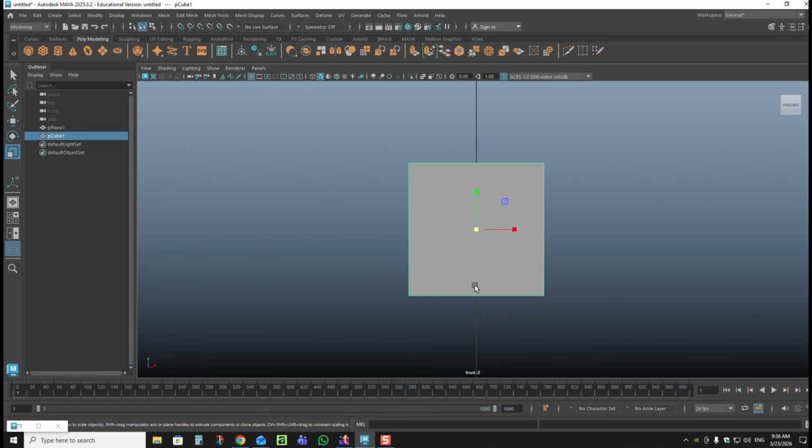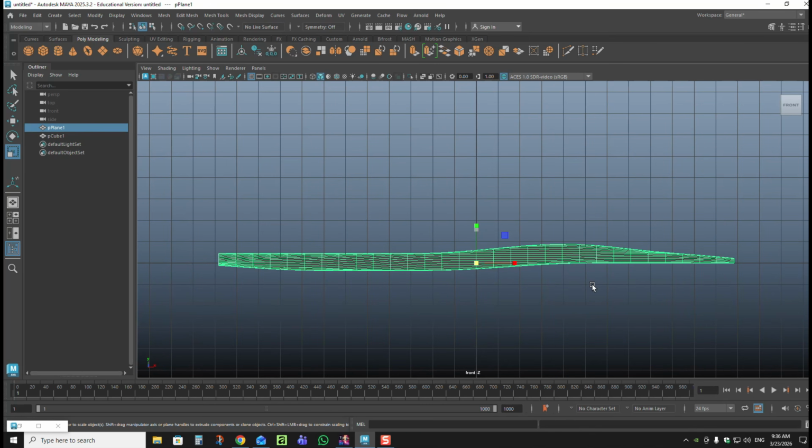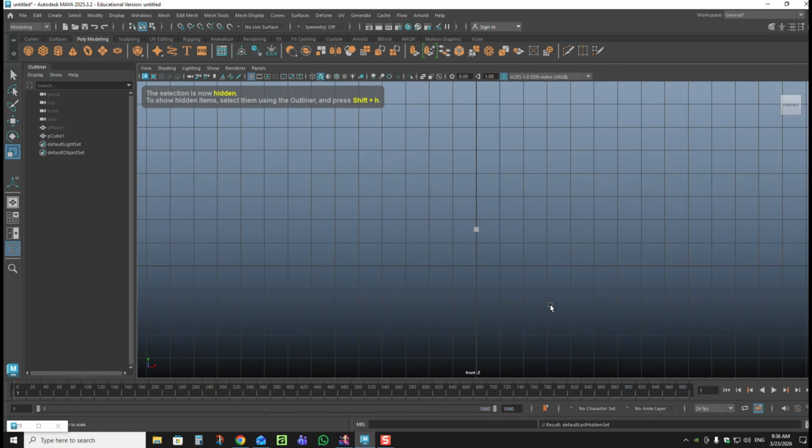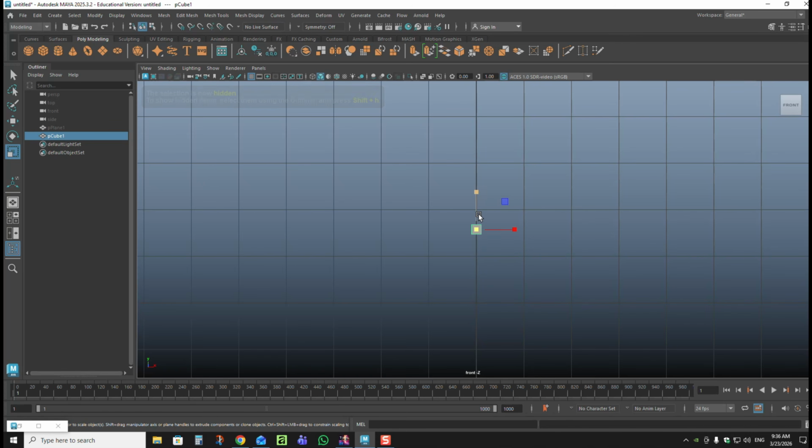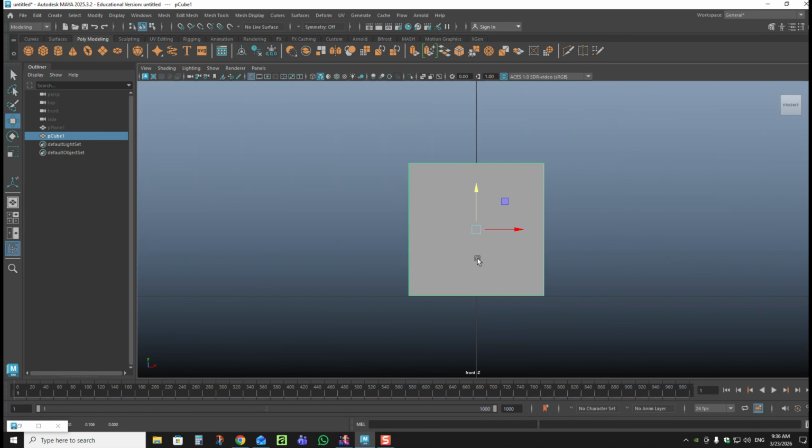So hit F to frame. Let's hide this guy, Control H, so we can see it better. This is our cube. We're going to hit W. We're going to move it down to the grid, like so. F to frame. Hit the Insert key. Move the pivot to the bottom, hit the Insert key again, and then with the cube selected, we're going to